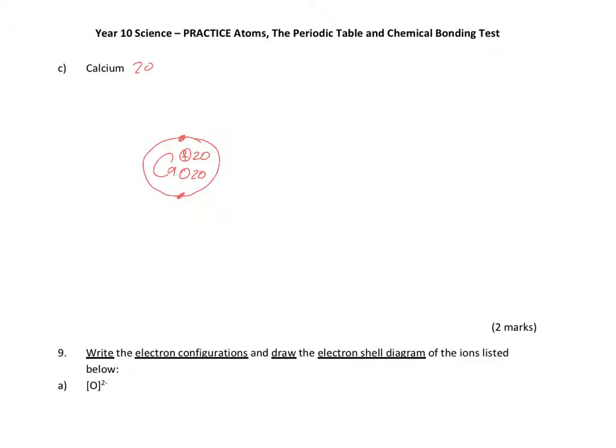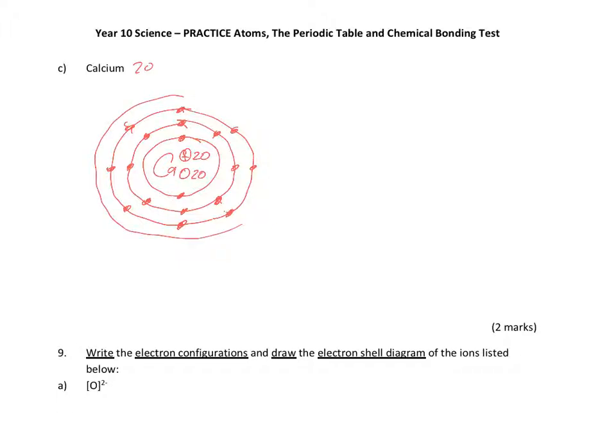1, 2, 3, 4, 5, 6, 7, 8, 9, 10, 11, 12, 13, 14, 15, 16, 17, 18 electrons, 19, 20 electrons. Electron configuration, 1s2, 2s2, 2p6, 3s2, 3p6,